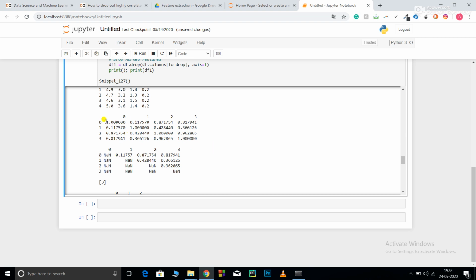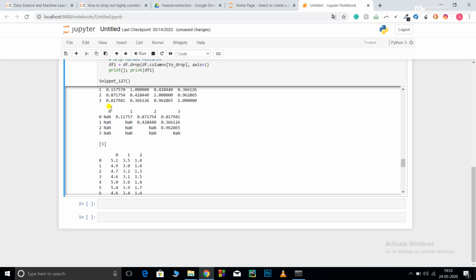This is the correlation matrix. So I told you, the upper triangle matrix is all the values above this diagonal. Why am I using only the upper triangle matrix? Because the upper and lower triangle matrix in a correlation are the same. The manner in which 0 and 1 are correlated, 1 and 0 will be correlated in the similar manner. So you can see 0 1 and 1 0 are conjugate of each other, and the lower also represents the same thing, just in a transposed way. That's why I only need to work on the upper triangle matrix. So this is how my upper triangle matrix looks.